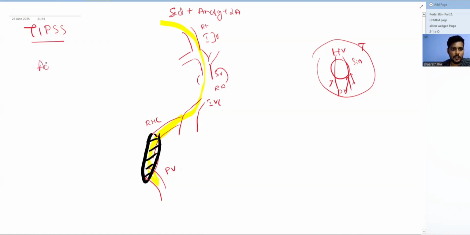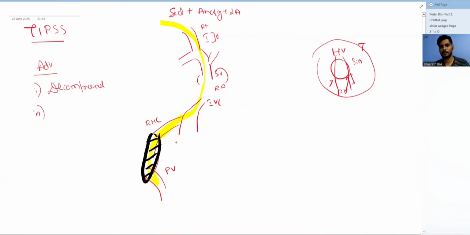So one major advantage is you have decompressed. So as soon as the portal vein is connected to the hepatic vein directly, all the blood which was not going through the liver now easily will go into the right hepatic vein, into the inferior vena cava, into the IVC. So that is why it effectively decompresses the varices. So all the varices are gone now. That is one. And second is